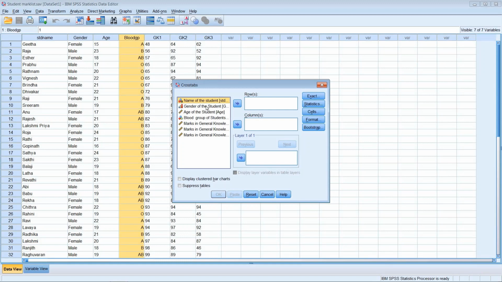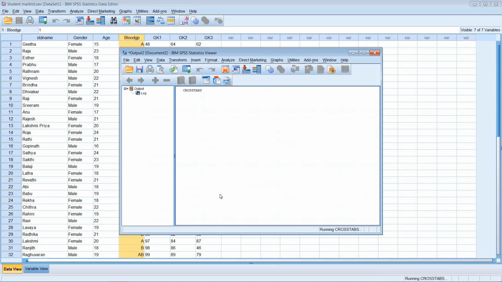We have to transfer the variables to the rows and columns. I want to keep gender of the student in rows, and in the columns I want the blood group of the students. Then we have to click on display clustered bar chart, click on OK.